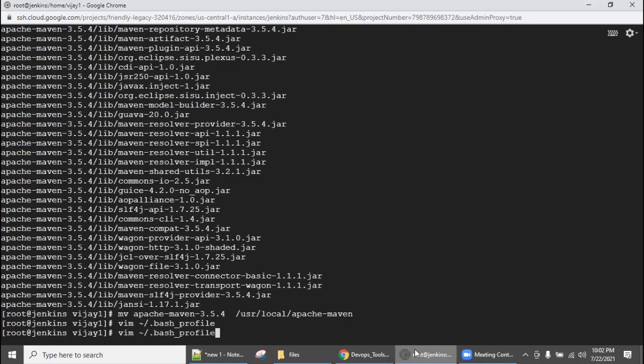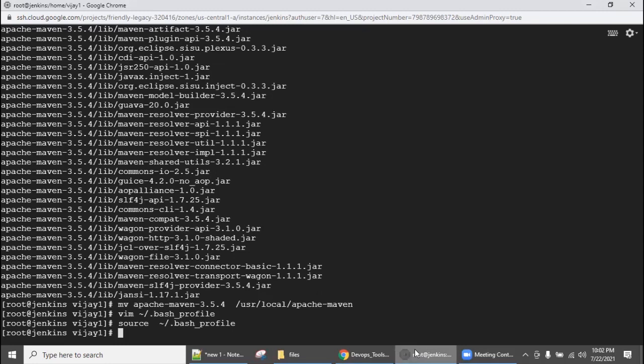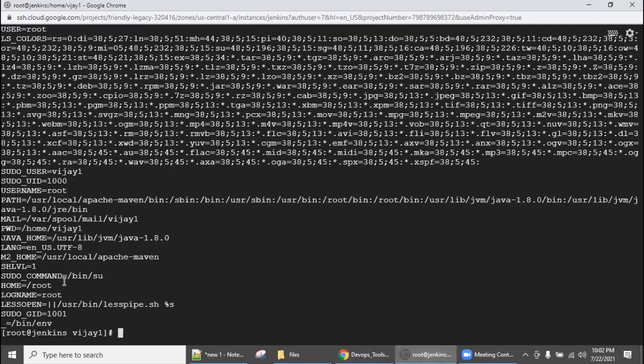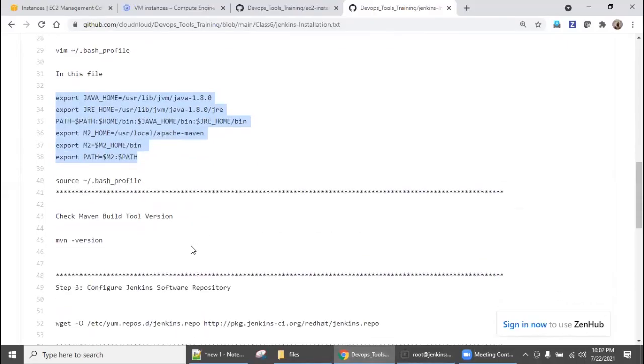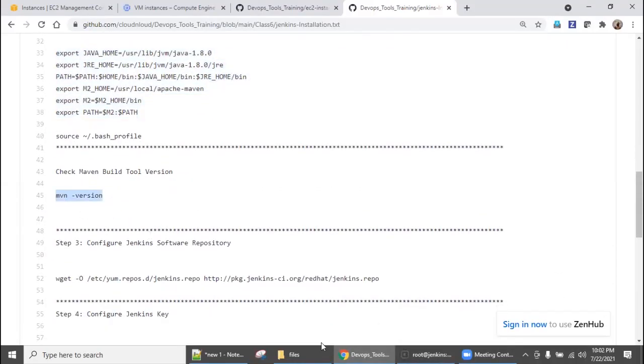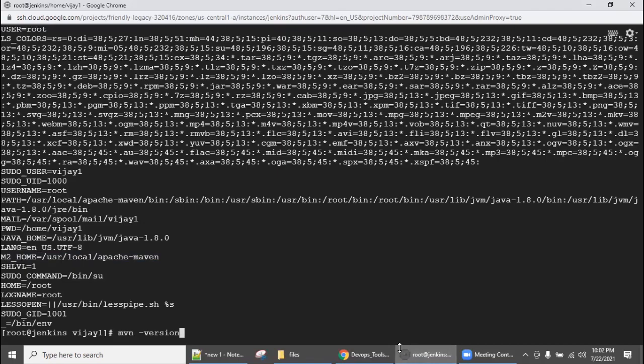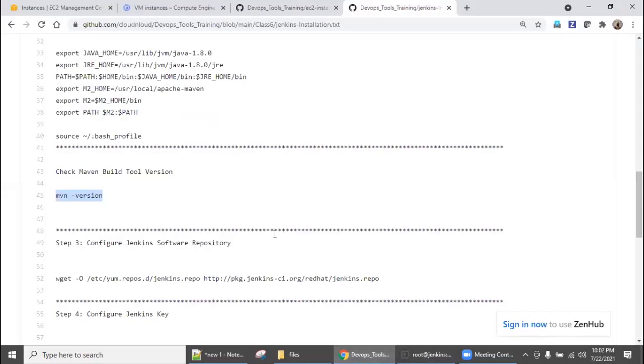Yes. So instead of logging off and logging in, I can source the same file. Yes, it loaded everything. Now first we will check whether the Maven version is working or not. Yes, working. So we are good.